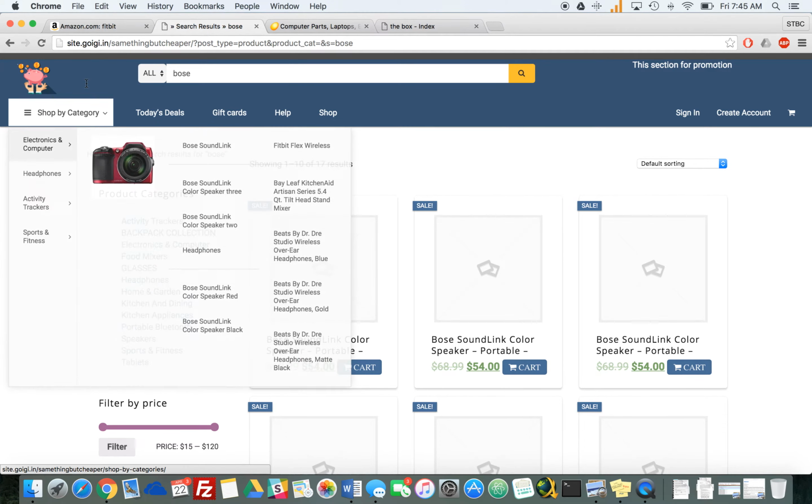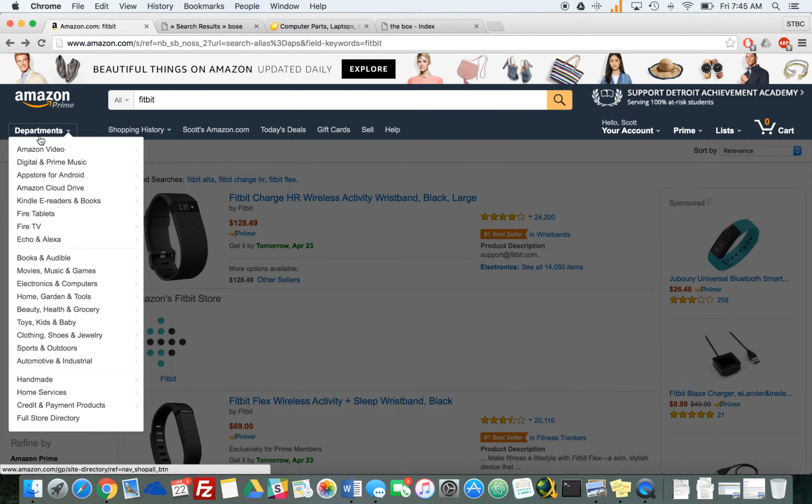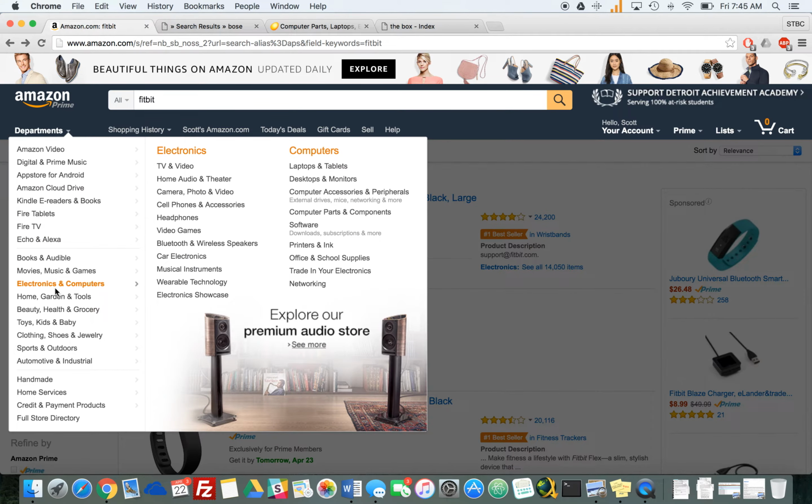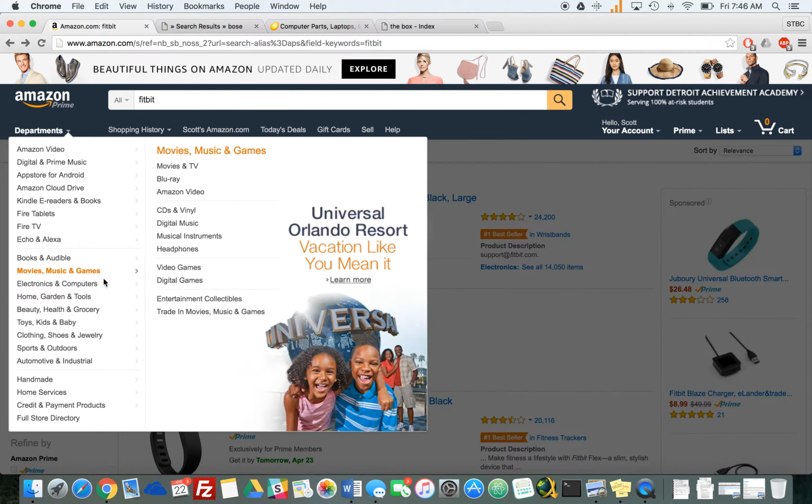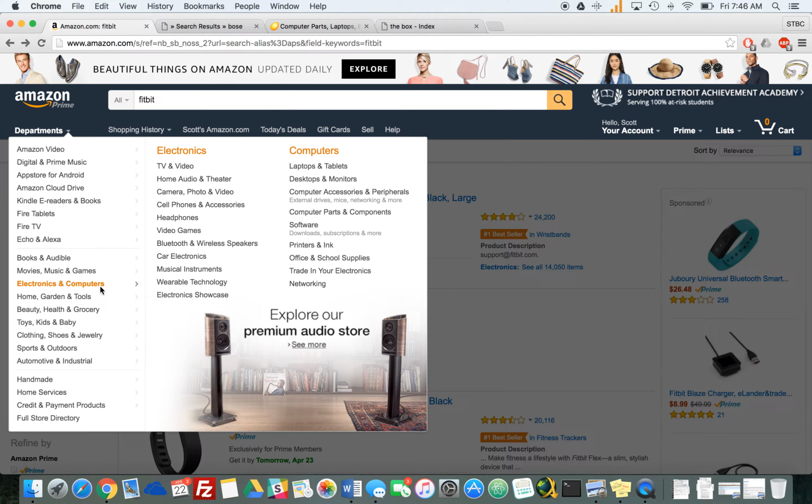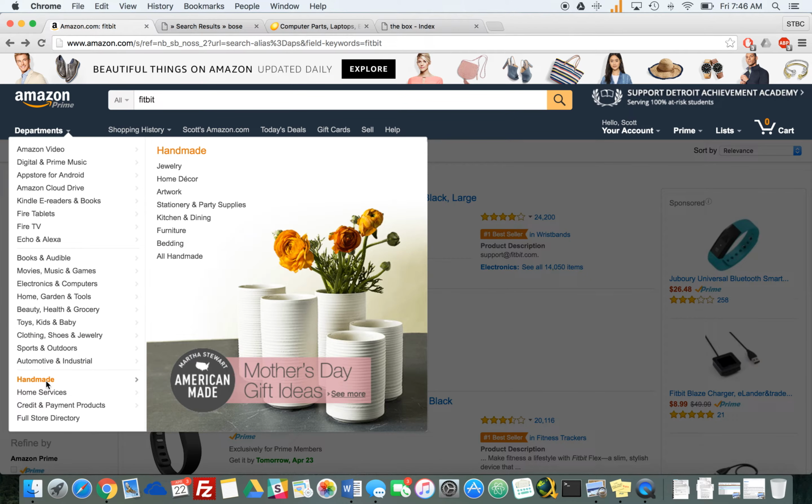I mean, look at the way that Amazon looks. You go to electronics and computer, and they have the background picture here, and they have a bunch of different subcategories that would fall under electronics and computer. And I mean, if you guys want to just do it exactly like this, go ahead and do it. From everything from electronics and computers all the way to handmade,